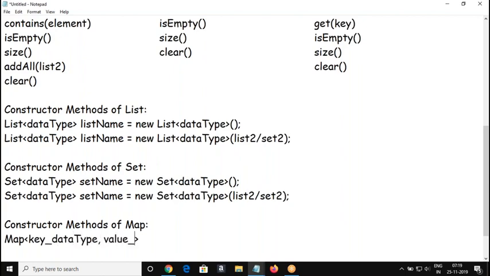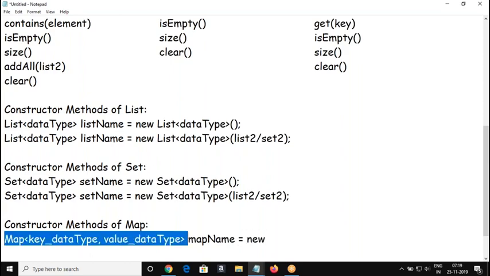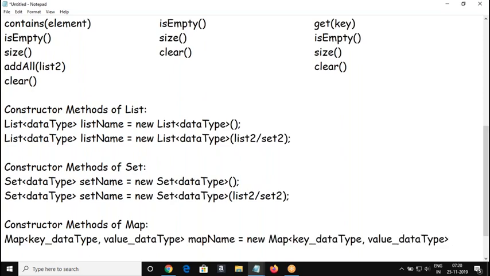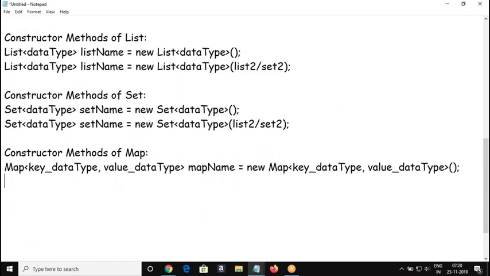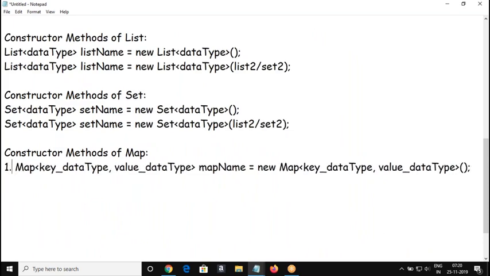And you specify the value data type, and map name, new, and then we have a constructor. So this is one method of the map, right? And another method,